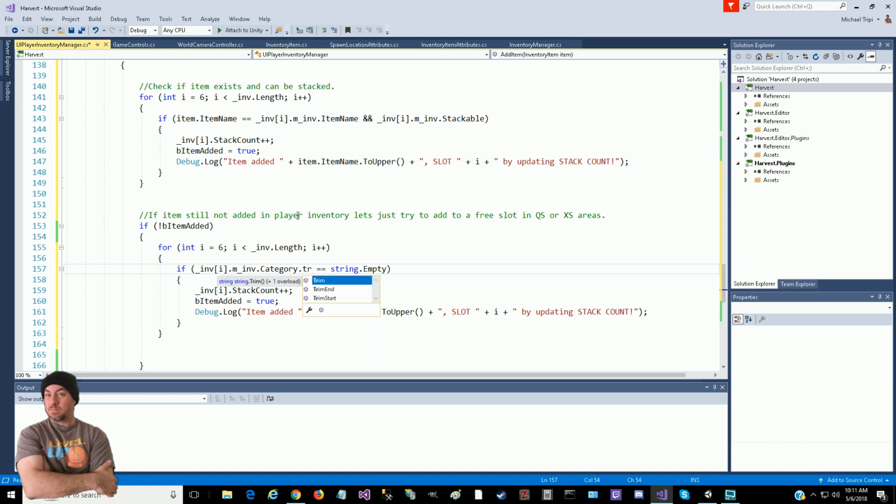And I might need to just try to trim that. Use this function to make sure. Sometimes, since we initialize the array, I'm not sure how Unity is handling it on this side, but I know in C#, it's not a fixed string, so it should be empty, but we're going to trim off any spaces just to make sure, in case it's stored some empty spaces in there. That's still an empty category. Okay, so if it's equal to empty, then